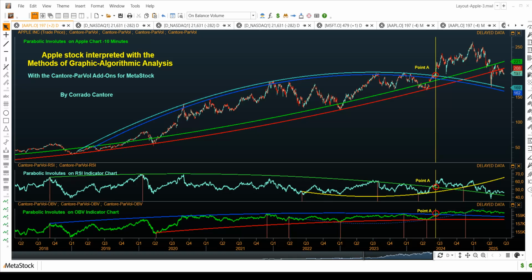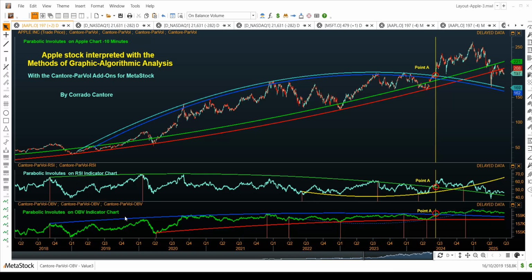Following some steps illustrated in the video, we arrive at the tracing of graphs such as the one visible in the figure concerning the application of this method to the Apple stock with daily time frame. The figure shows indications of nonlinear graphical analysis based on the plotting of parabolic involutes on the chart of Apple stock and graphical algorithmic analysis based on the plotting of parabolic involutes on both the chart of the RSI indicator